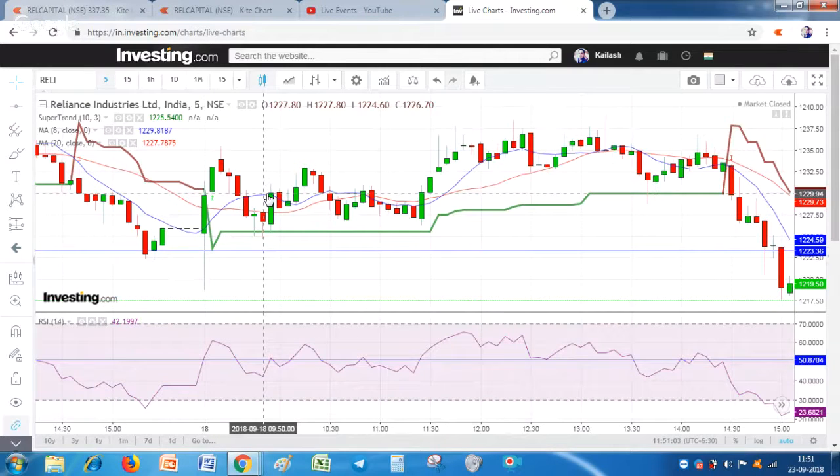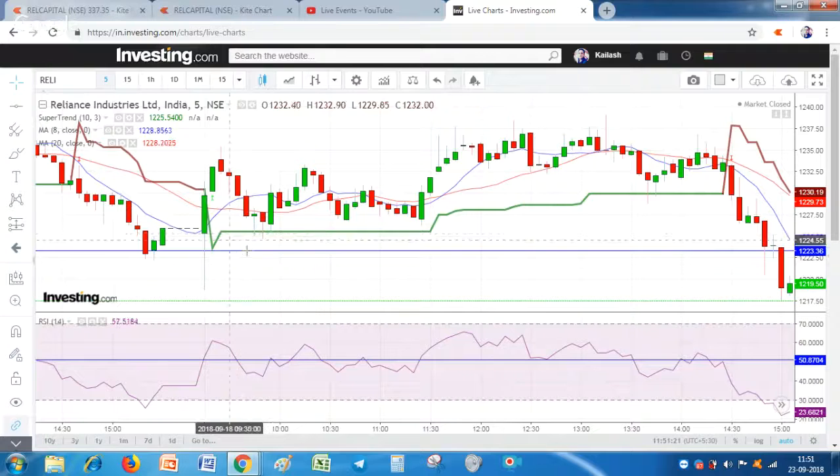We should be ready for that loss also. And see, after this level, stock came here and started its upward journey. It started moving up. By this time, this level will be established. Once the stock has given an upward move, after this level is established, there we can